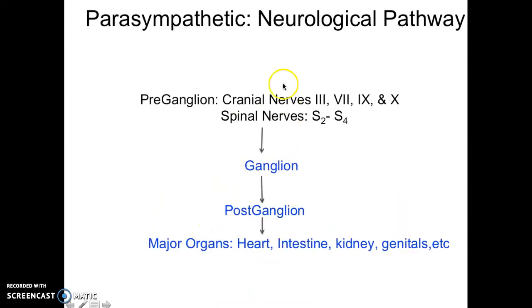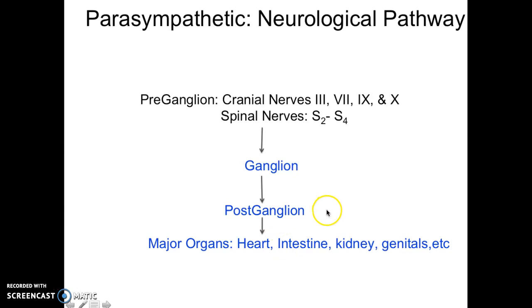Okay, so just so you can see them all, you have your cranial nerves 3, 7, 9, and 10. You don't have to have that memorized. The spinal nerves S2 through 4 go to the ganglion where, remember, what's your neurotransmitter? Acetylcholine would be transferred, and then it would go to your post-ganglionic neuron that will go to your major organ. It would inhibit most organs, but it would excite your intestines or anything having to do with digestion or urinary